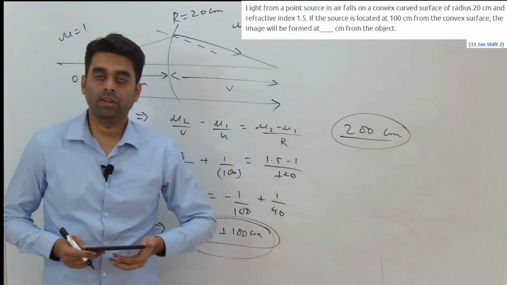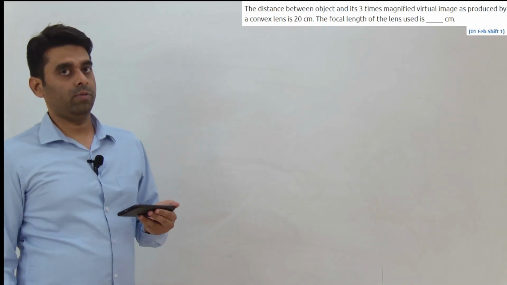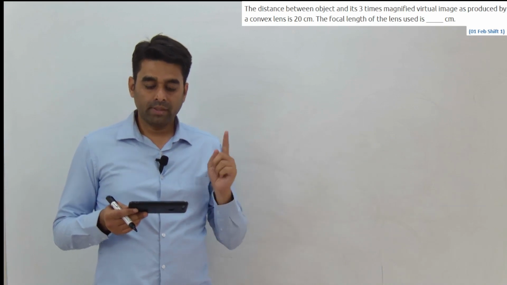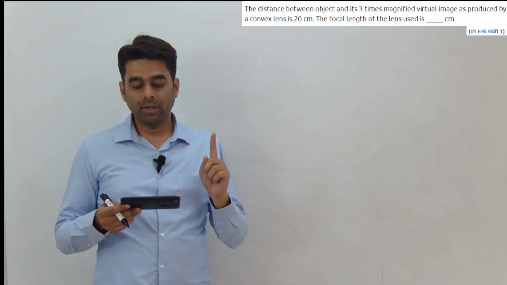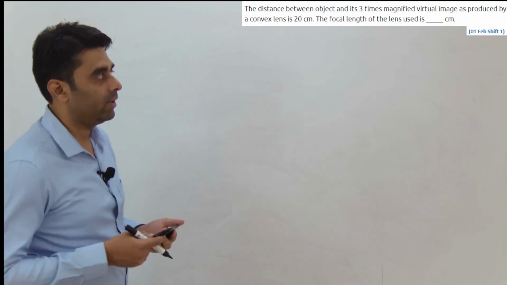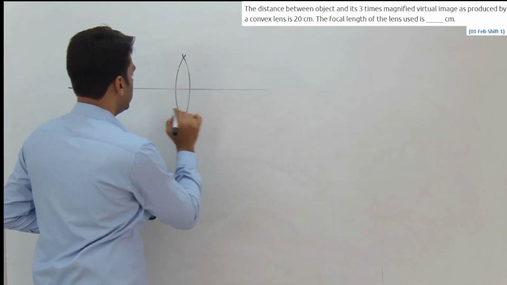Let's move ahead to the next question. Yeah. So this is our last question for the January attempt. This is a 1st February shift 1 question. Let us see. The distance between an object and its 3 times magnified virtual image produced by a convex lens is 20 centimeter. A convex lens will produce